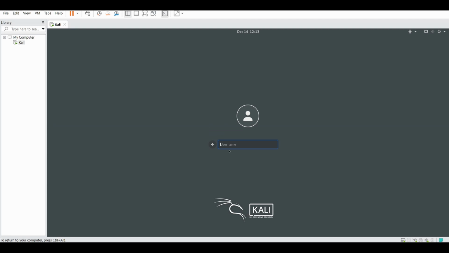First of all, I need to log in as root. Now I'm in the terminal. Let me zoom in a little more.